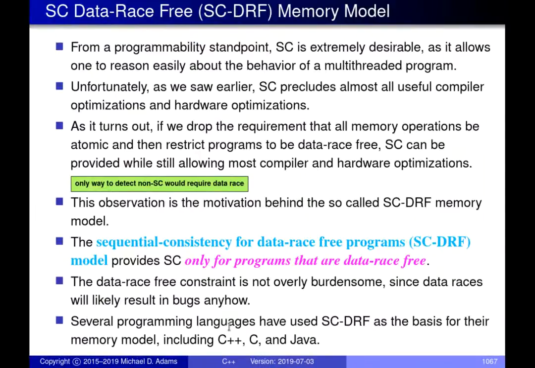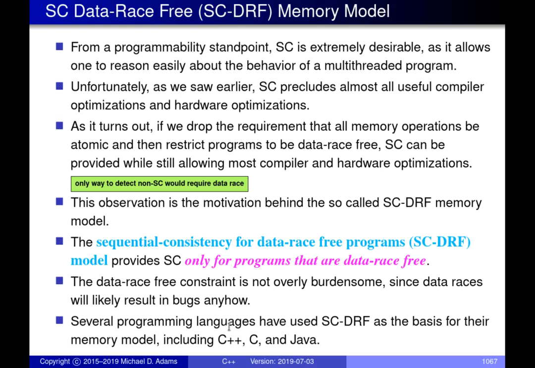Okay, so just to put together some of the ideas that I've been introducing so far. We have this thing called sequential consistency, and the memory model that it implies. On the positive side, it's relatively easy to reason about code that follows this memory model, because it's relatively simple to understand what the possible outcomes are in terms of how your code can run. So we like it from that point of view. It's easy to program for a sequentially consistent machine.